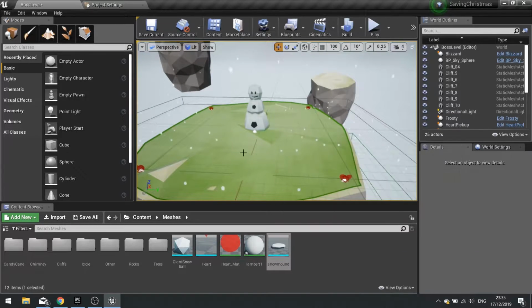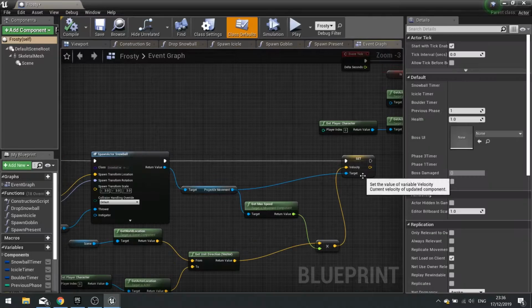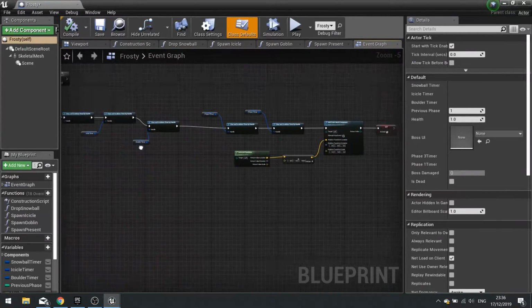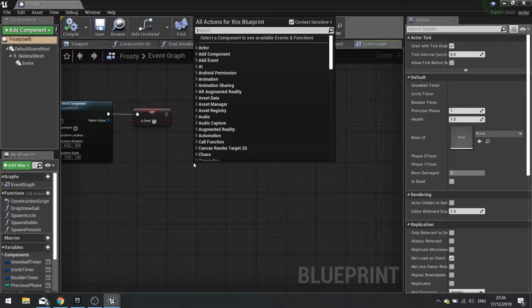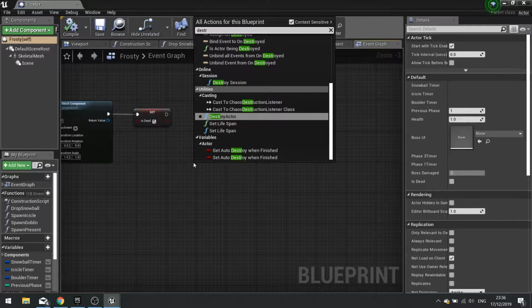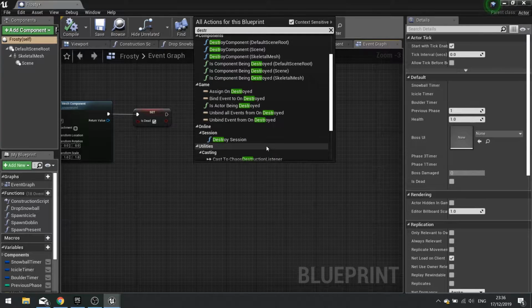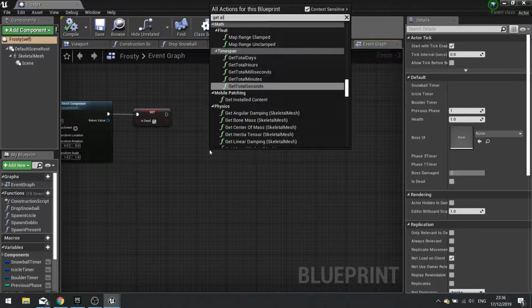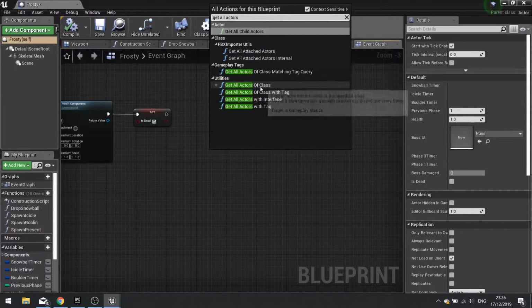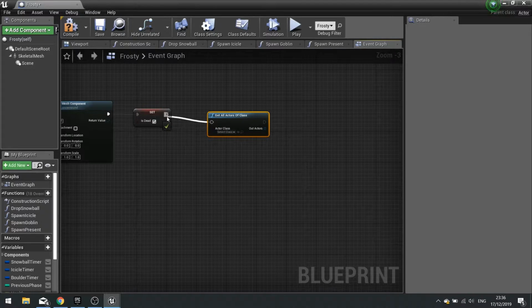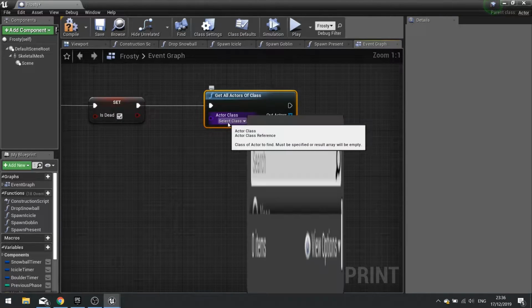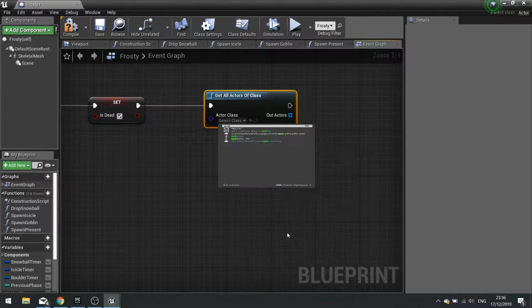Also, when we do that, we want to make sure it destroys all the actors that are dangerous to the player off the screen. So here we're going to go back into Frosty. At the end here, not destroy, sorry, get all actors of class, and we're going to select the goblin.